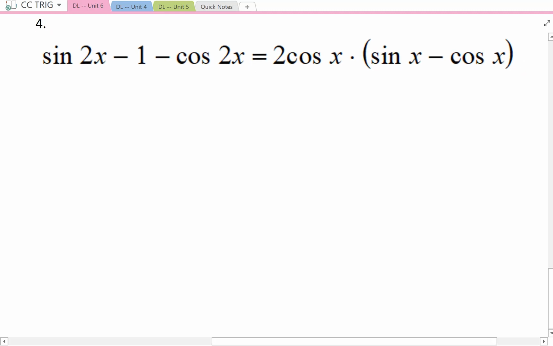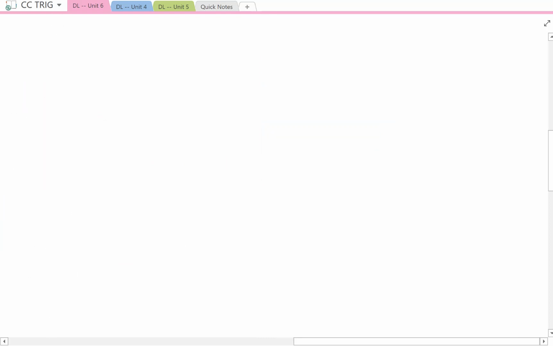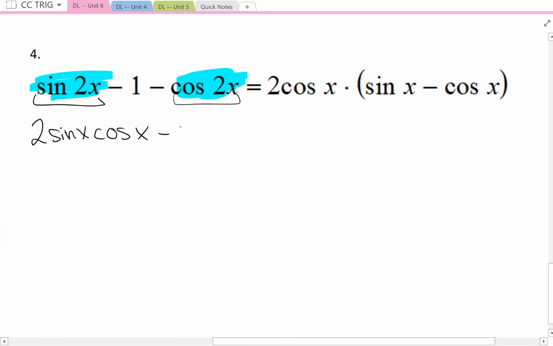Woo! So the double angle things are here and here. There's only one option for sine, so let's plug in that one first, and maybe that will help me know which one I want to plug in for cosine 2x. So sine 2x is 2 sine x cosine x. No matter what, we'll still be subtracting this 1, and then we'll be subtracting whatever we're taking for cosine 2x, whichever formula we use. And write down the right side of the equation every single time, untouched,